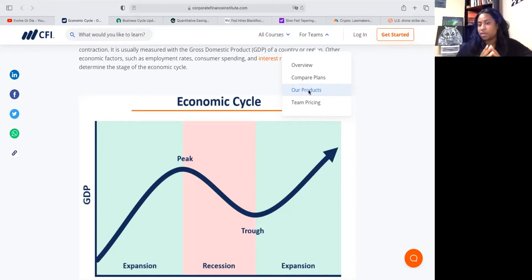Today, we're going to be talking about a lot of different things. We're going to be talking about some economic conditions that affect the market. We're going to be talking about business cycles, also known as the economic cycle, and the conditions that affect these cycles. We're going to be talking about some monetary policy coming down from the Federal Reserve. We're going to be talking about just really a lot of influencing factors of the market and what affects price